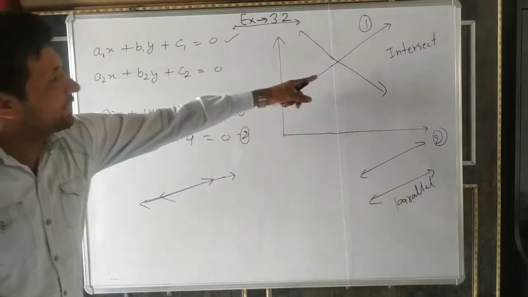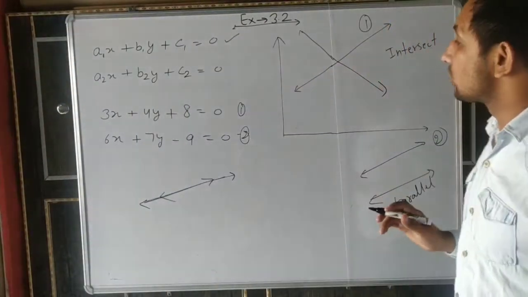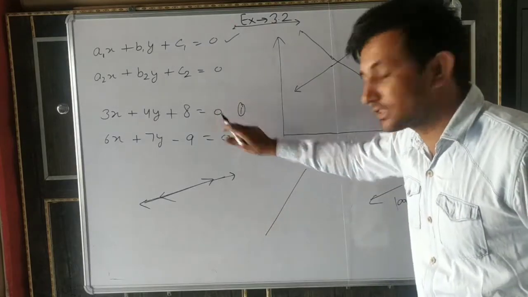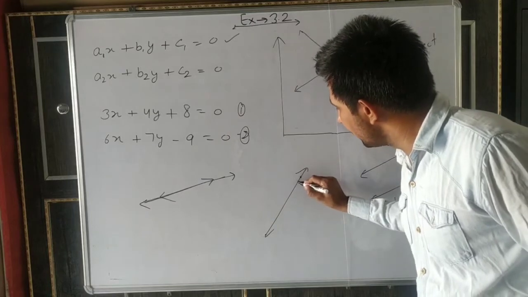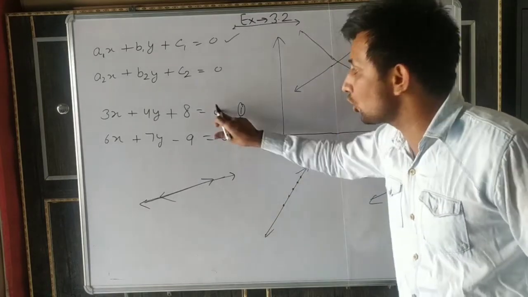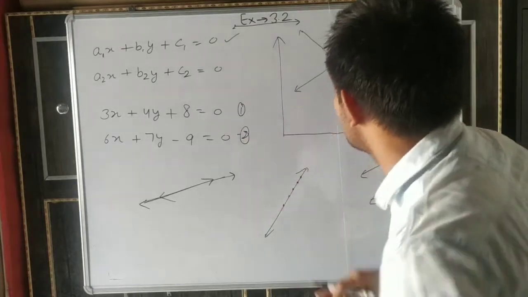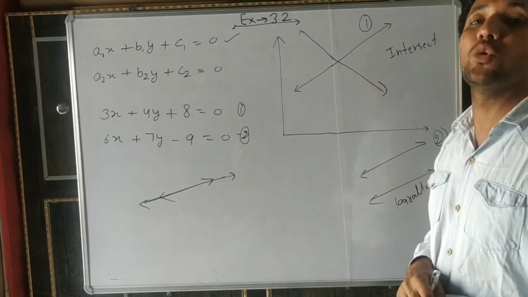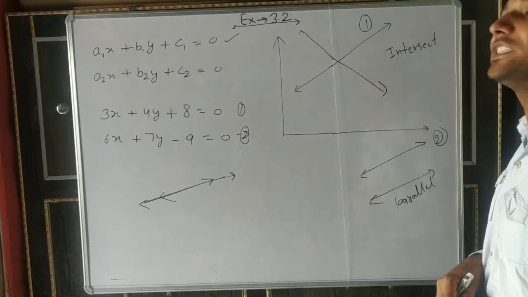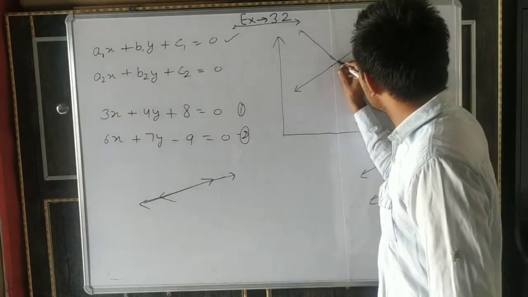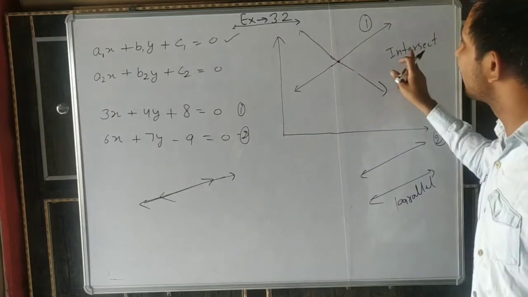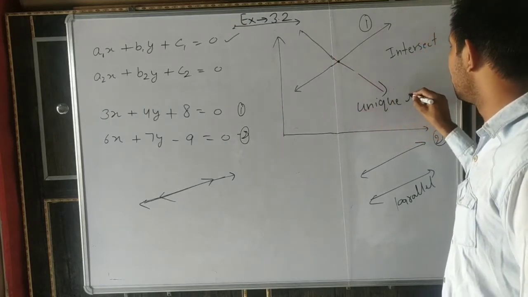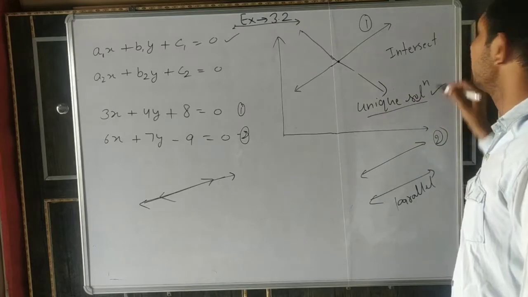So how many solutions? Common solutions. What is a solution? If we make the graph of this line, every point on the line is a solution of this equation. And if I ask you for these two lines how many common solutions there are, a common solution means a point which is common to both. When the lines intersect, they have a unique solution.